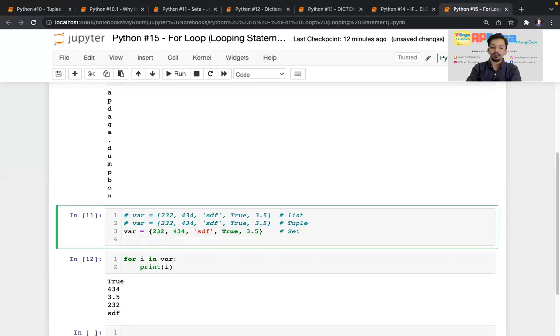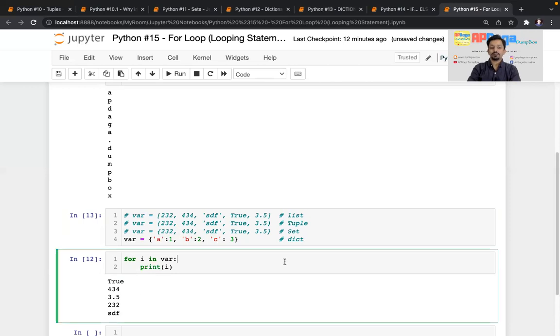Now I'll take a dictionary where, and I'll write something like key as A with value 1, then B with value 2, then C with value 3, and it is a dictionary, right?